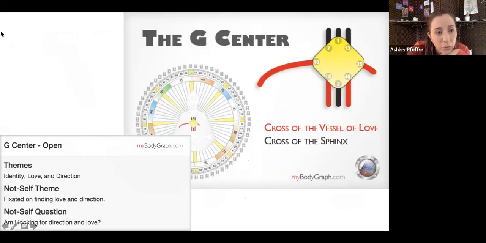All right, so moving on to the G center. So that, again, is love, direction, and identity. And it houses the vessel of love and the cross of the Sphinx. So this one, a lot of people can feel when they don't have it, because they'll feel like